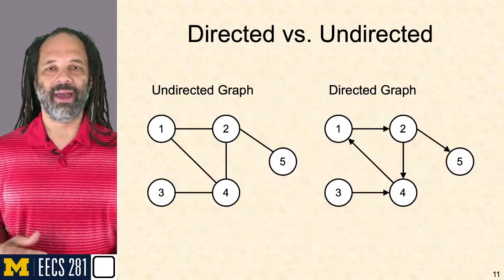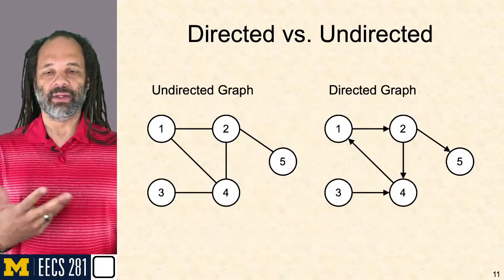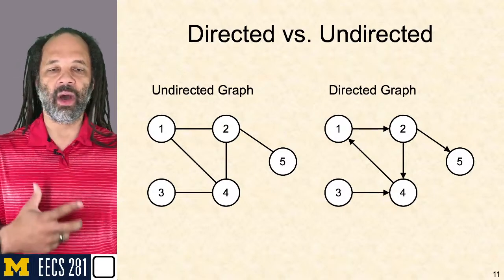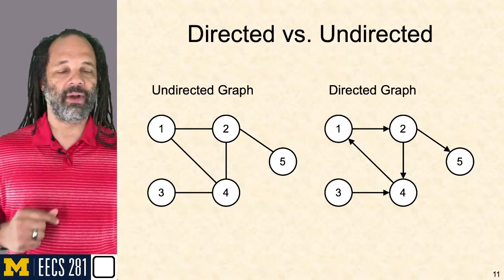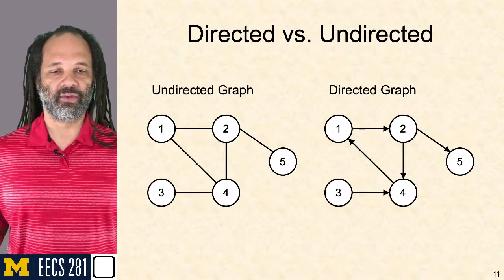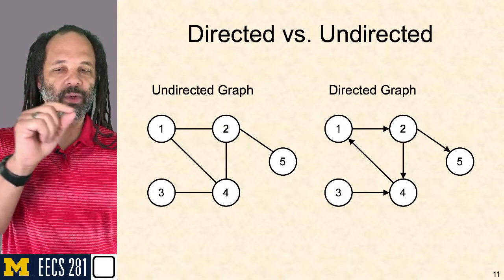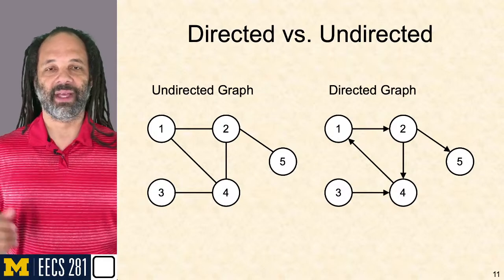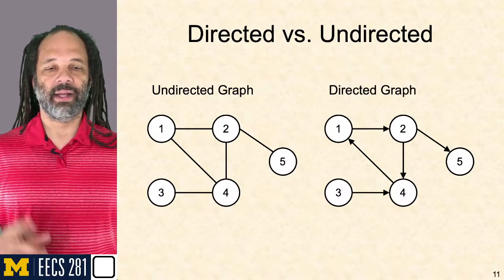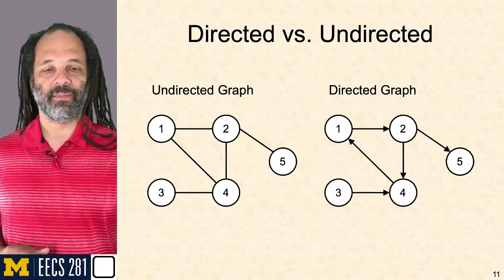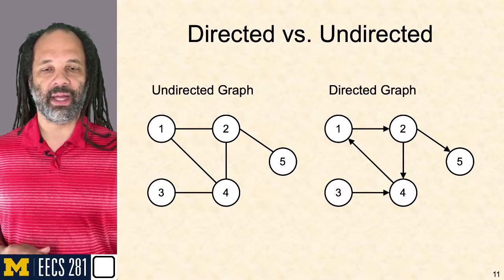Here's a quick way of how this might look visually. You see that I've got the same undirected graph with my edges having no arrows, whereas on the digraph on the far side, there are arrows that point the direction of travel. So I can go from 2 to 5. I cannot go from 5 to anywhere, right? So this means that I've got this directed graph here, and you can see those arrowheads tell me the direction